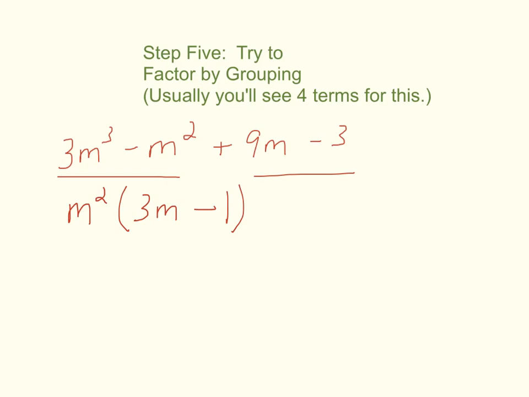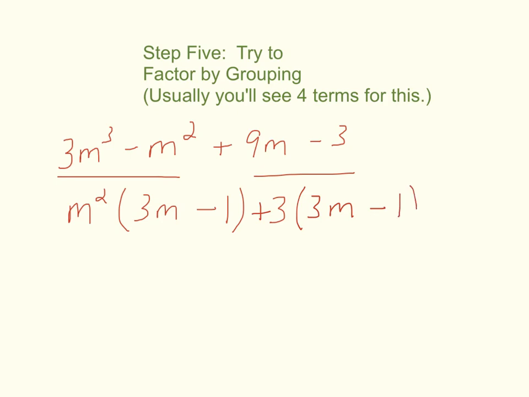Now we look at the second group, 9m minus 3, and we want to see if anything will go into both of those. 9 and 3 share the common factor of 3. One thing that students often do is what I had just started to do here. This plus sign that you see up here should carry down to right here. So we want to make sure we write that in, or we might think we're multiplying here. We're not. We're still adding these next terms. So the 3 comes out of 9m, leaving 3m, and the 3 comes out of the negative 3, leaving